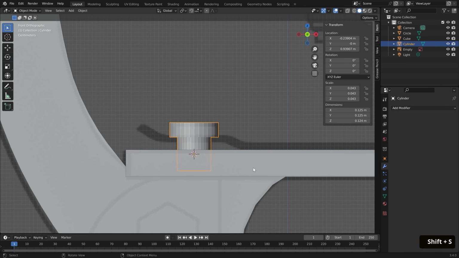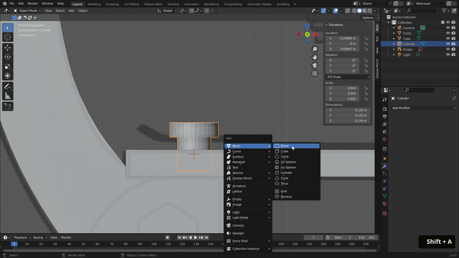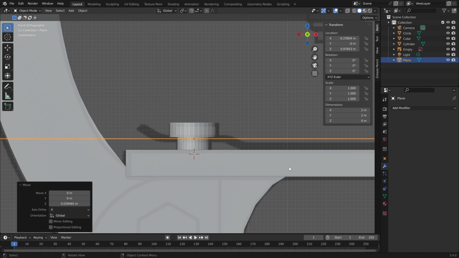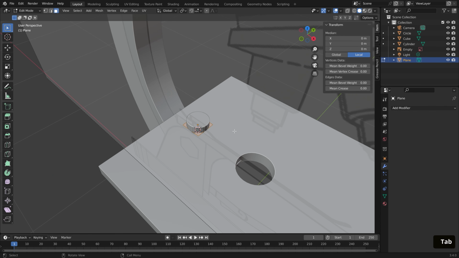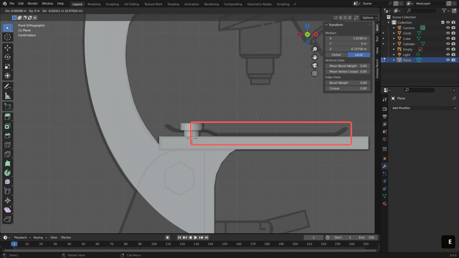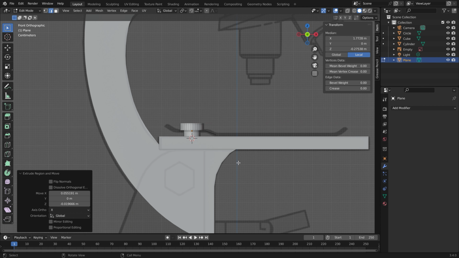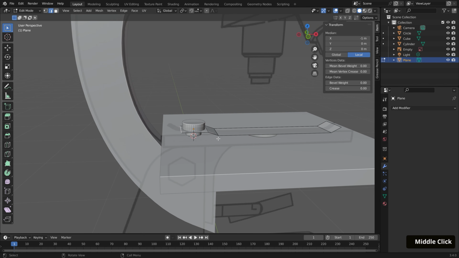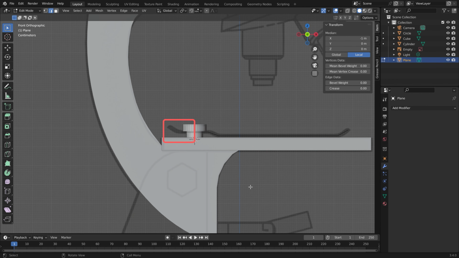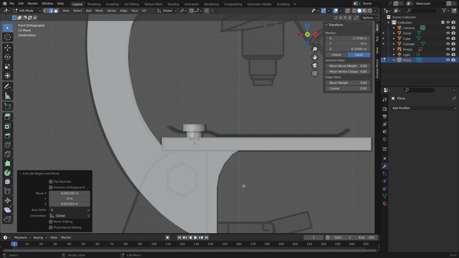Now, to create the actual clip, go into Object mode and hit Shift S to set cursor to Selected. Then hit Shift A to bring in a mesh plane. Shift it up in the Z a bit and size it down with S until it's about the radius of the fastener head. Tab into Edit mode, and with Edge Select, select the right edge. Go into Front View and hit E to extrude it downward diagonally per the reference, click, extrude again along the X to fit the length, click, then extrude upward diagonally, and click. Lastly, select the left edge, go into front view, and extrude it diagonally upward to the left and finish it off. Make any positioning or sizing adjustments needed.